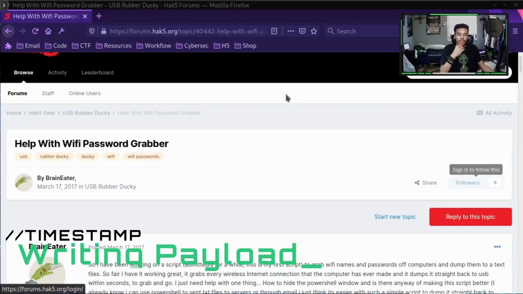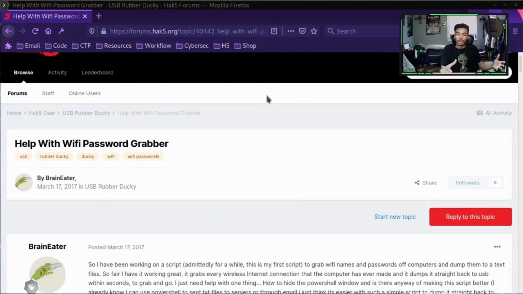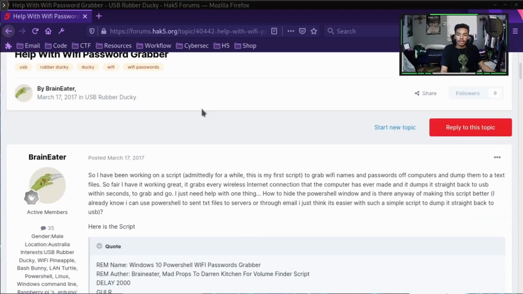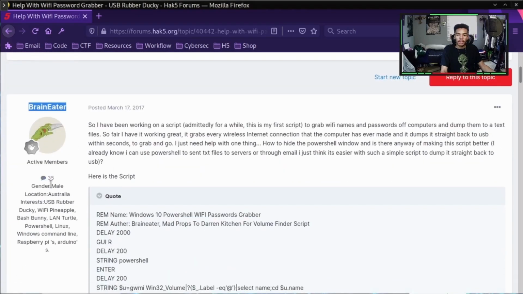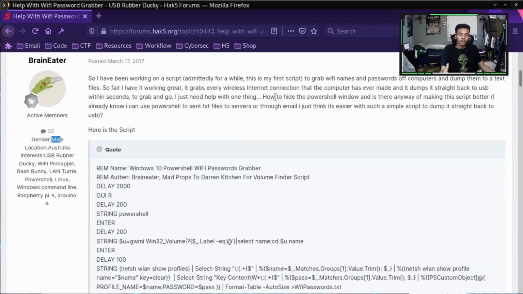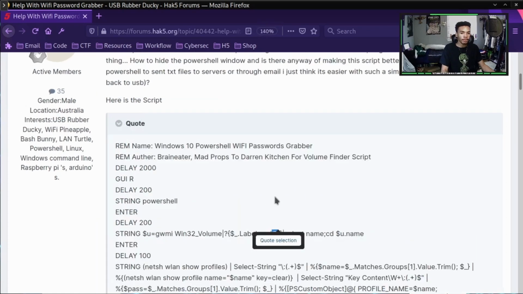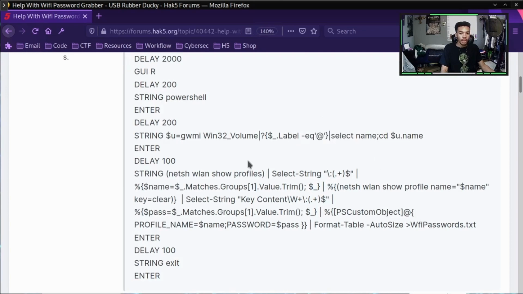So I came across this script when I was traversing the internet looking for a Wi-Fi password exfiltrator payload for the USB RubberDucky. I came across this user, Brain Eater, and he is a he. He said back in 2017 that he was looking for help on how to hide this PowerShell window for the script he made. This script is a Wi-Fi password exfiltrator, and it uses PowerShell to change its directory into a USB drive, and the USB drive is labeled the ampersand. Here, I can make the screen bigger for you guys. And then he uses this